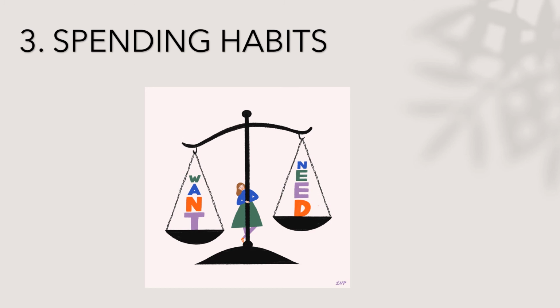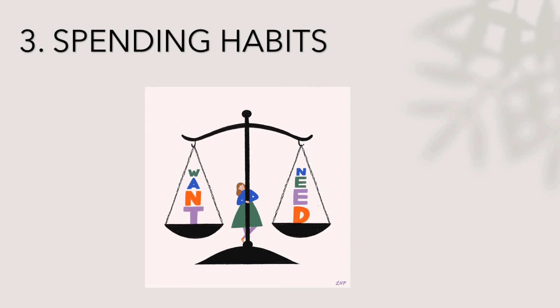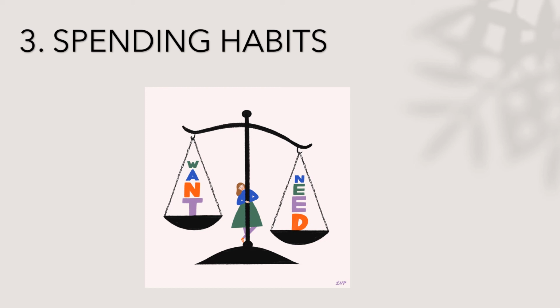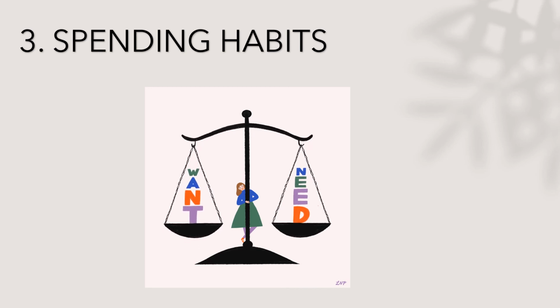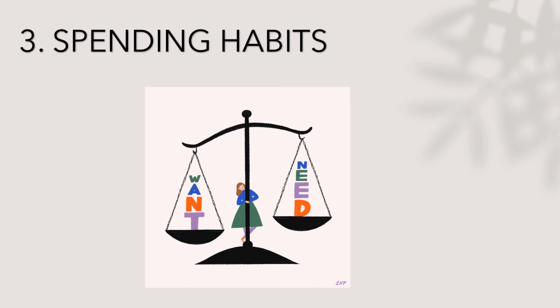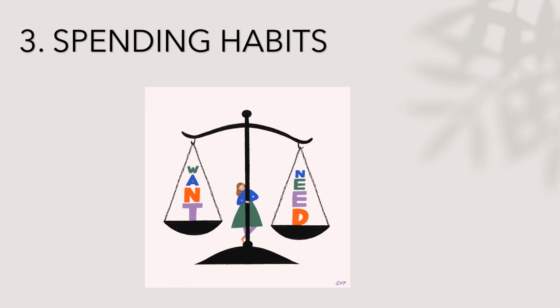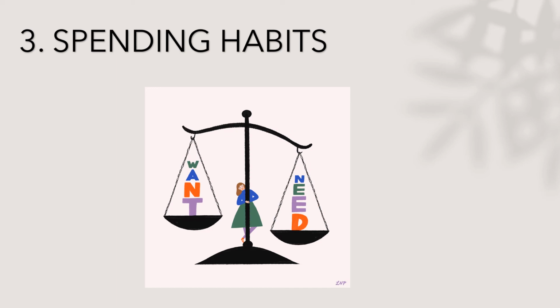Wants are things that are not necessary for survival or are brought about for comfort and personal interest. This includes expensive pieces of jewelry, gadgets, luxury cars, and designer clothes. So, wants are the things that are not really necessary for our survival. These are the things that we do not need. If we don't have these things, we can still survive.